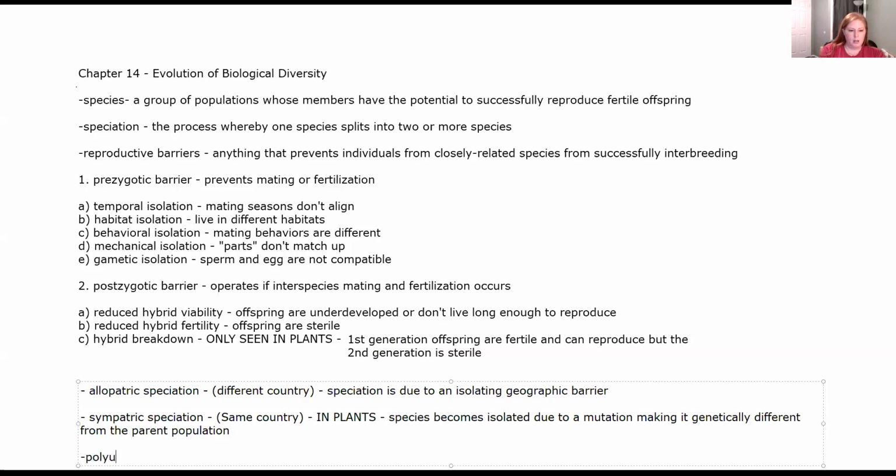Usually something called polyploidy is responsible for this. Individuals who are polyploid individuals of a species have more than 2 complete sets of chromosomes. Okay. So more than 2 complete sets. And when that happens, they can't